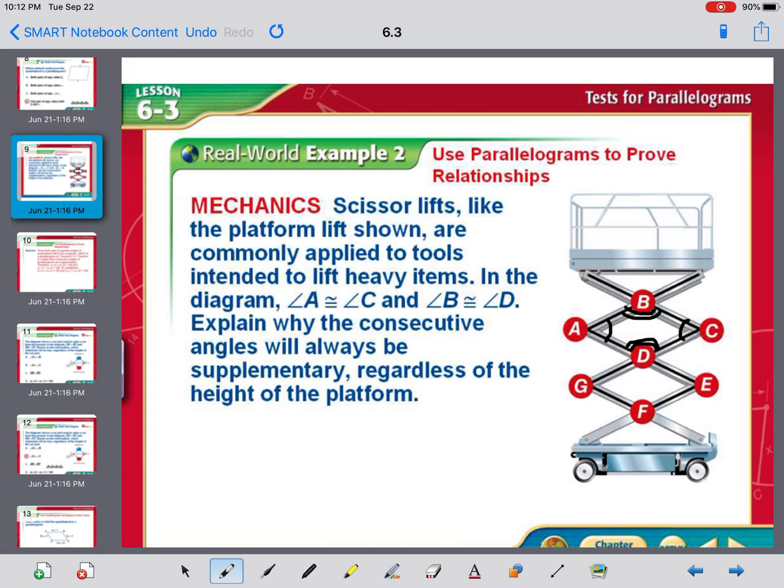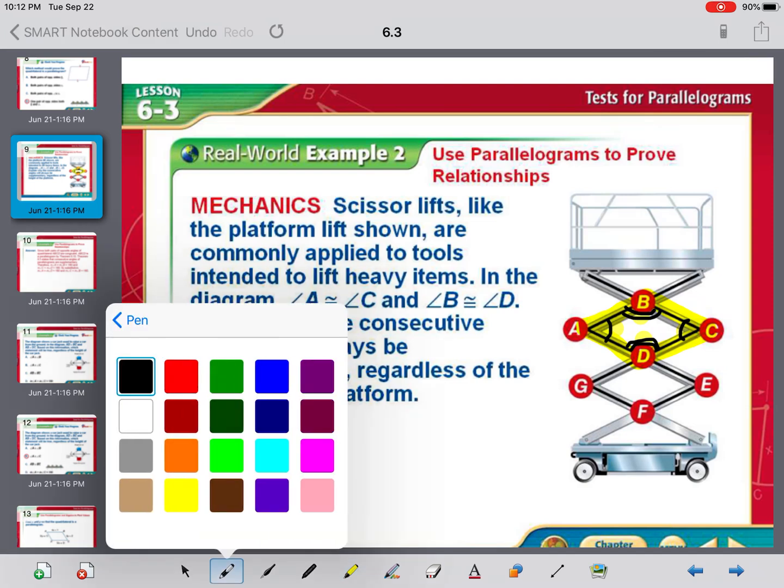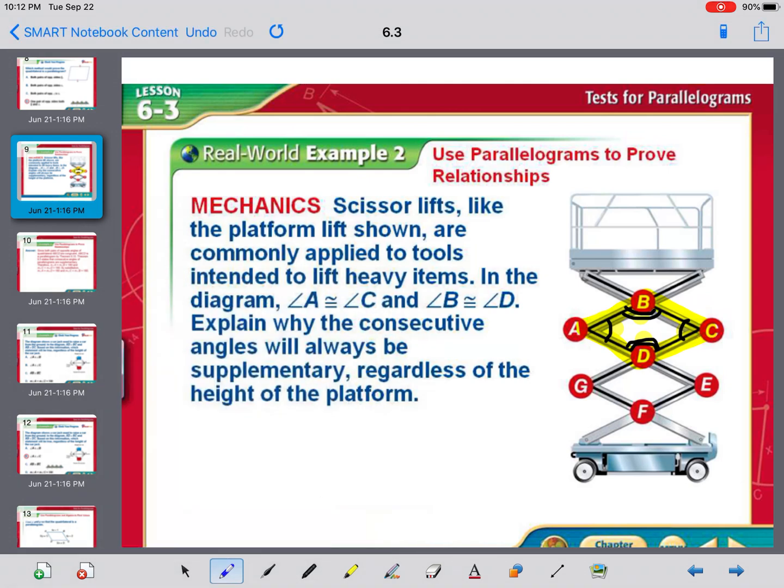Explain why the consecutive angles will always be supplementary regardless of the height of the platform. Well, because both pairs of opposite angles are congruent, we can say this is a parallelogram. And because it's a parallelogram,